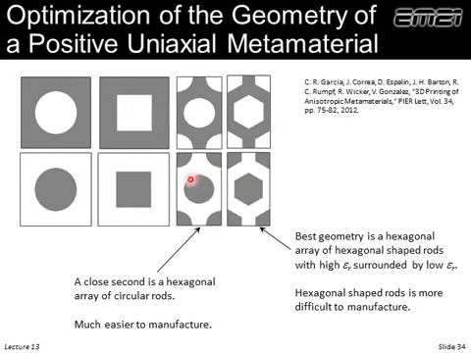It's only slightly weaker if we have round rods in a hexagonal array. So because this is a lot easier, we tend to go with a hexagonal array of round rods. If we invert the lattice, we get weaker anisotropy. If we go to a square array, we also get weaker anisotropy. So hexagonal shaped rods in a hexagonal array where the rods have the higher dielectric constant or higher refractive index and a low dielectric constant host, that's the best case for getting anisotropy.